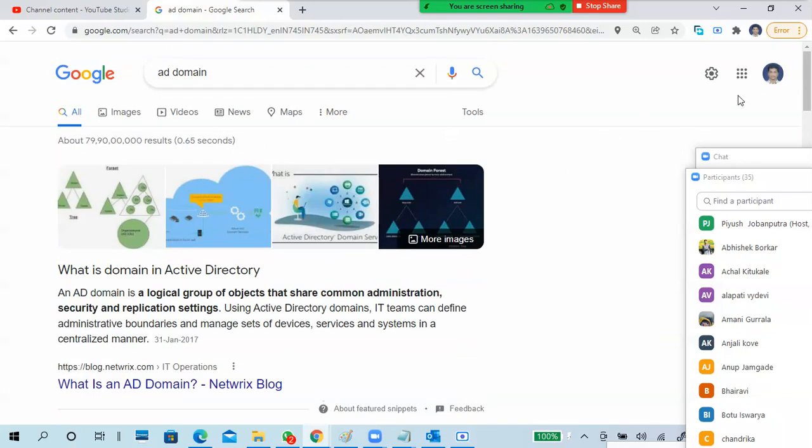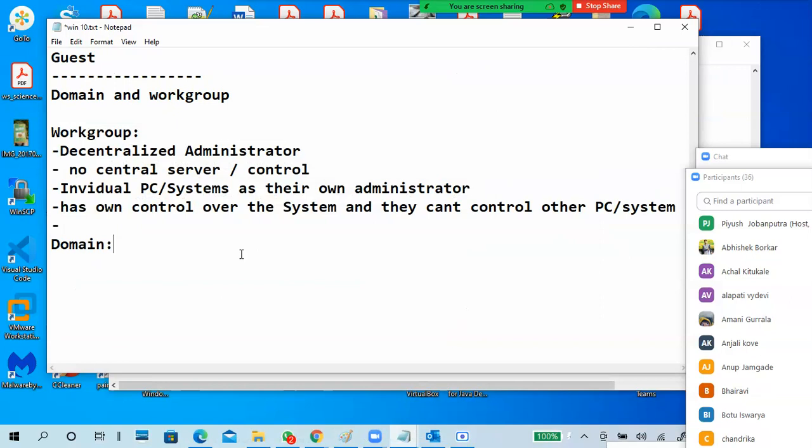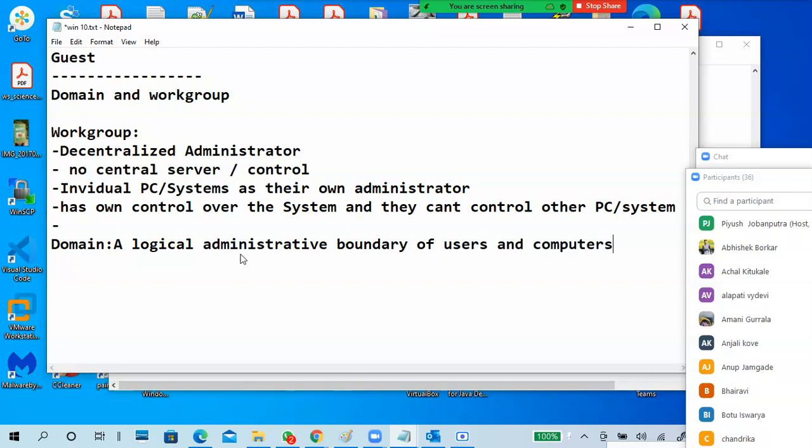That's the difference, guys. You should know how to search for an answer. This is my Microsoft answer: a logical administrative boundary of users and computers.